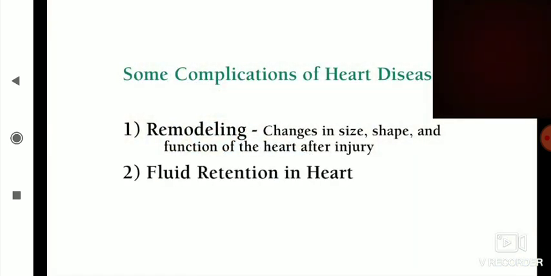Because the heart function is not working appropriately, the output of blood is not normal, the body compensates by retaining fluid, acting as if the heart was dehydrated in terms of low blood volume. But in reality,